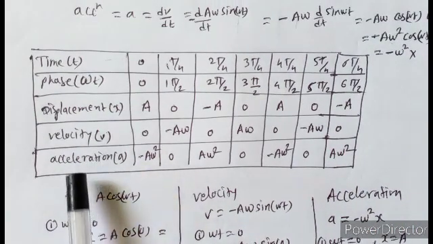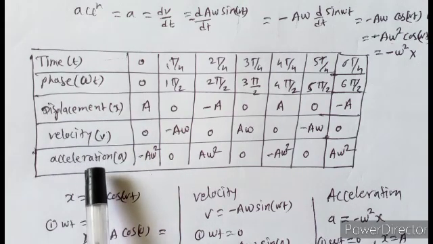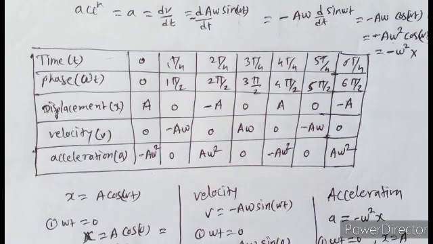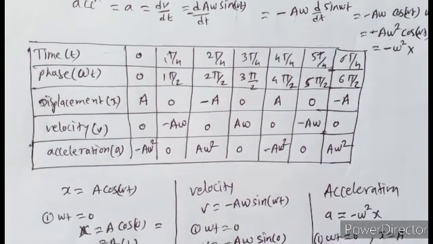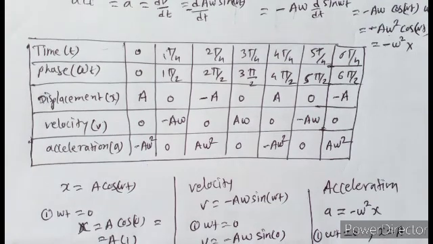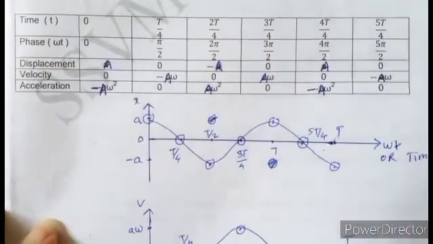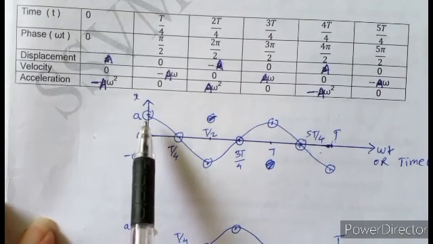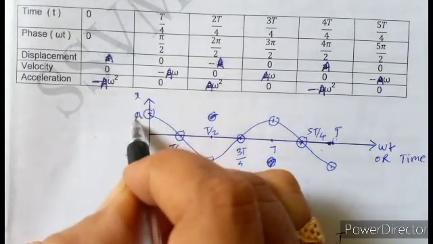As you get the values of displacement, velocity, and acceleration for different values of phase, now plot the graph. We have seen how to plot the graph when the particle starts from mean position. Similarly, you plot the graph when the particle starts from extreme position using these values. So you draw the graph on your own. That graph must be in this way. For displacement, you get the maximum value A, that is capital A.